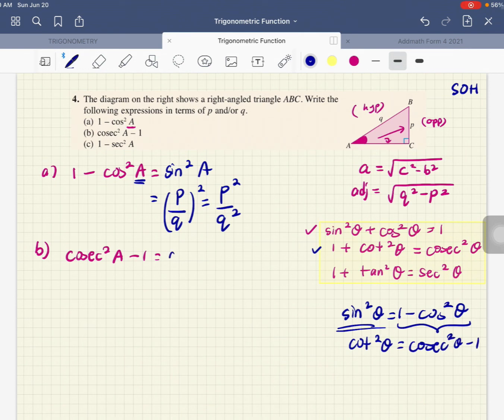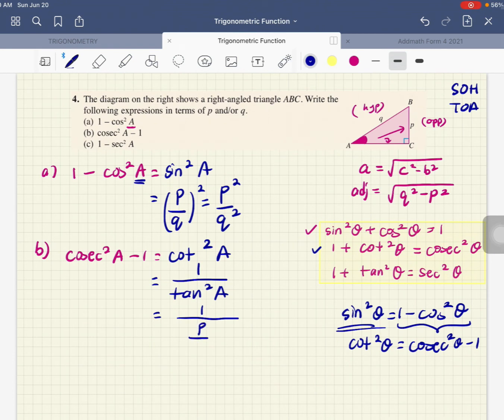So this is actually equal to cot squared theta. Because the question uses A, we have to use A. So cot squared A is actually 1 over tangent squared A. Tangent is opposite over adjacent, so the opposite is